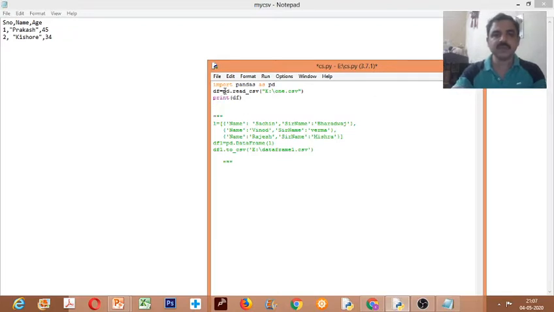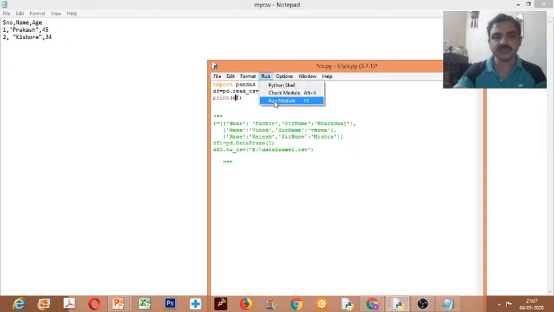Import pandas as pd, then df equal to pd.read_csv. I'm opening a file from the E drive. The name I gave here is my CSV dot csv. This is the name of the file. It reads the CSV file, converts it into a data frame, and prints the data frame.